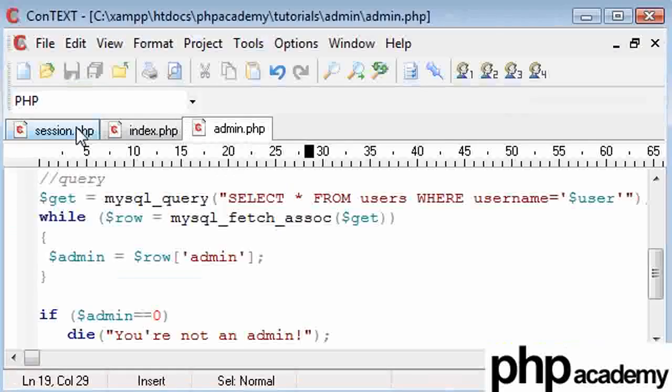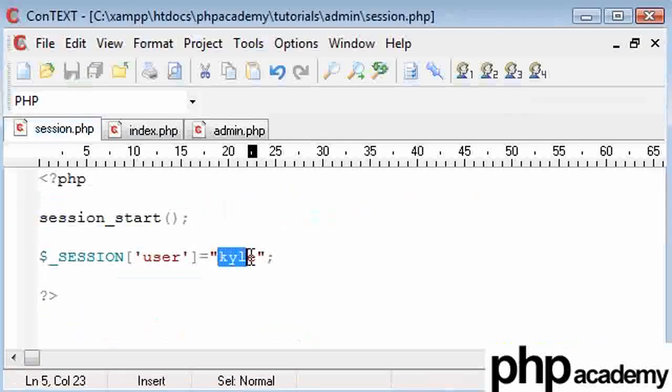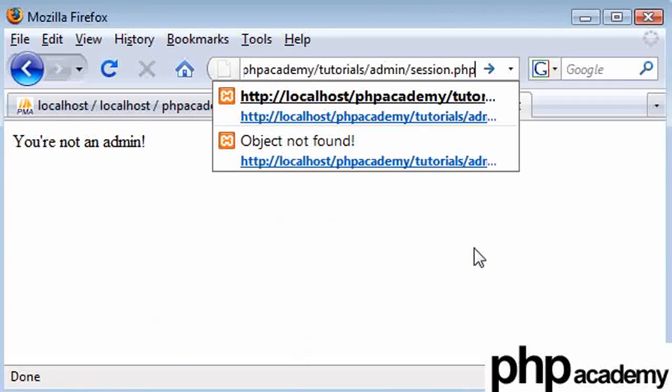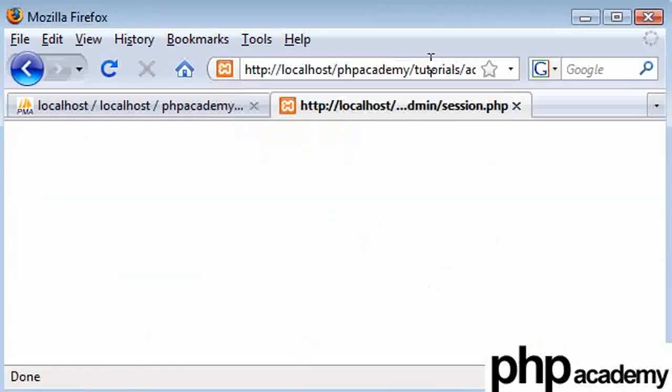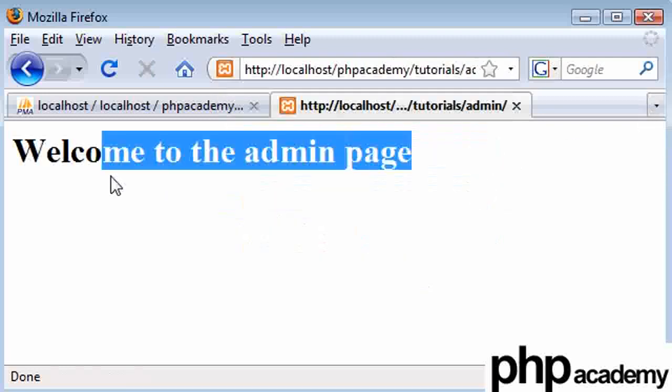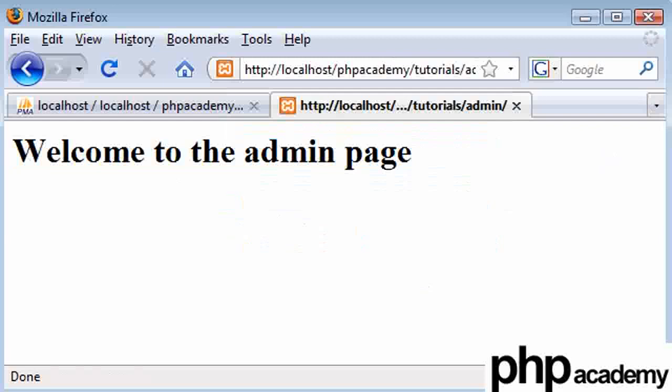Okay, so now what will happen if we change session to Alex? Probably quite obvious. Obviously that's not changed because we're still logged in as Kyle. Come into session.php. That will have changed to Alex now, and then we can come straight back into our index and we have a welcome to the admin page. So the reason I've chosen